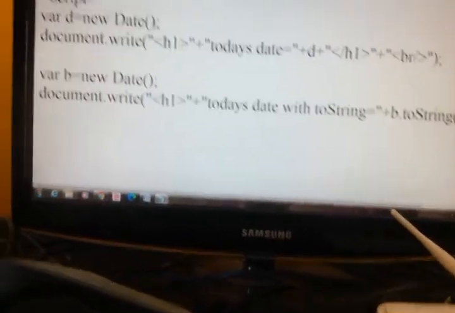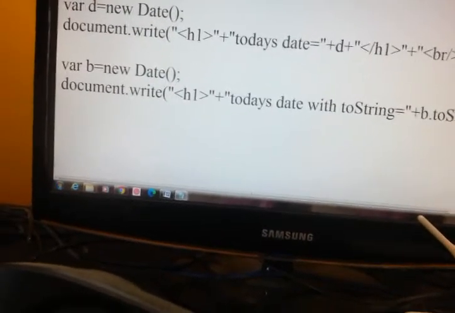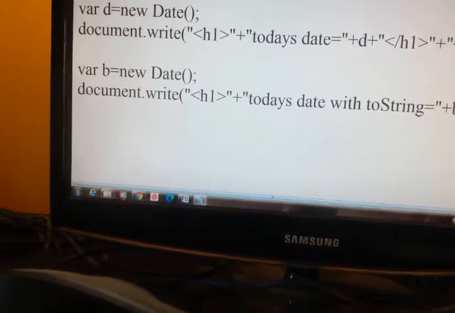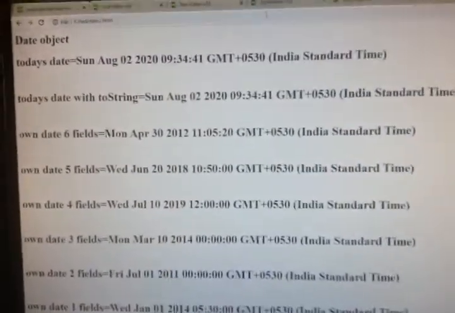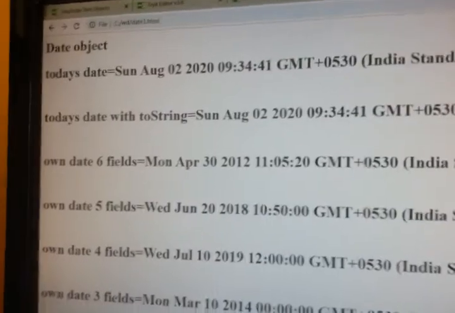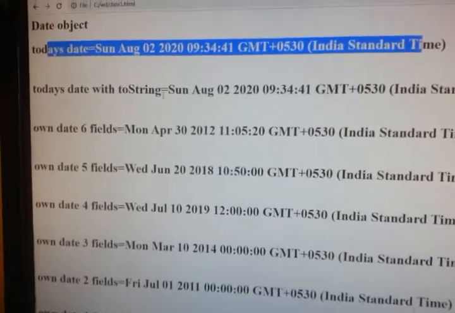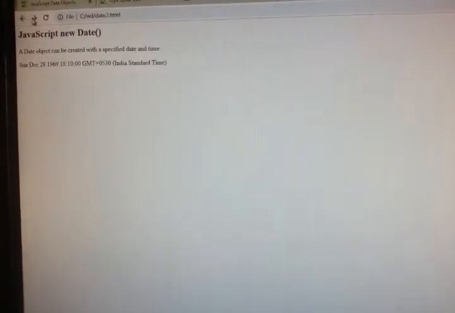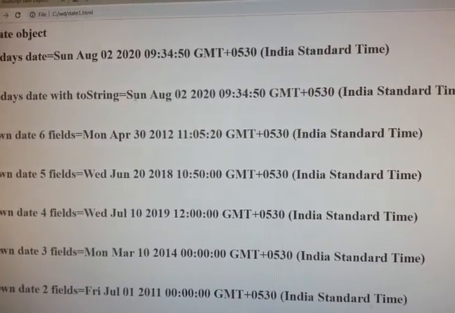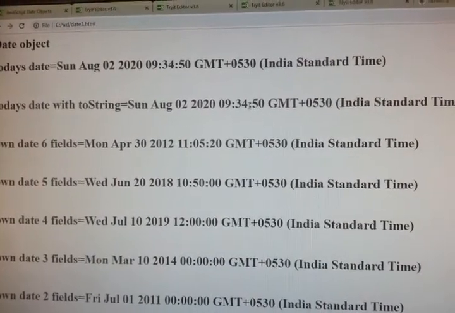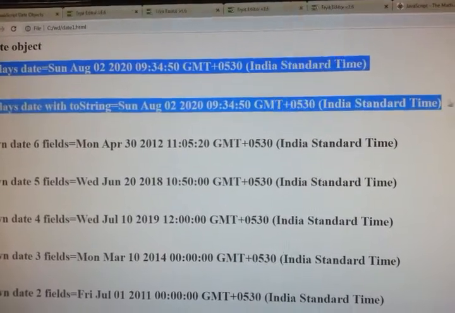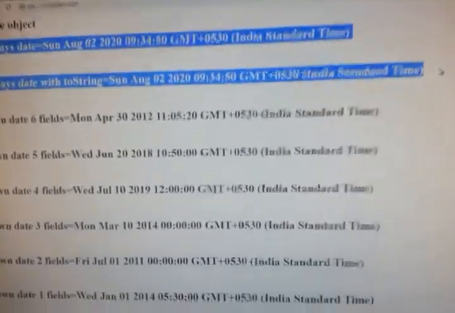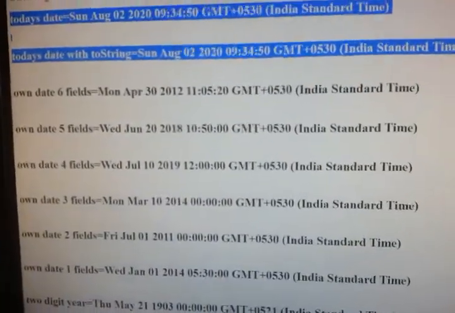So d.toString, if you view, let us see what happens. This is the normal date string. This is with toString. Any difference? There is no difference. So both are the same, normal, and if you are using toString, both mean the same.